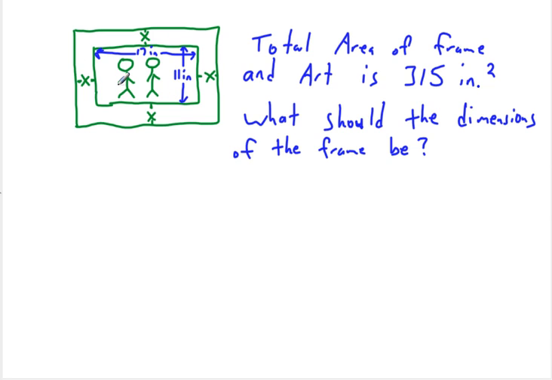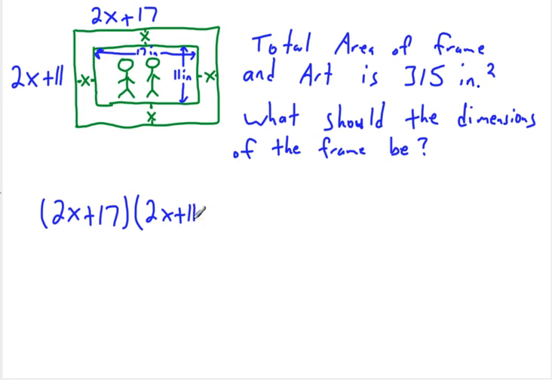Well, we basically need the dimensions of this big rectangle. Well, the small rectangle is 17 inches, but then there's an x on this side and an x on this side, so 2x plus 17 is the length up here, and we know the width is 11 inches of the art, but then there's an x here and an x here, so we have 2x plus 11 is going to be the width. So we know that the factors are 2x plus 17 times 2x plus 11,